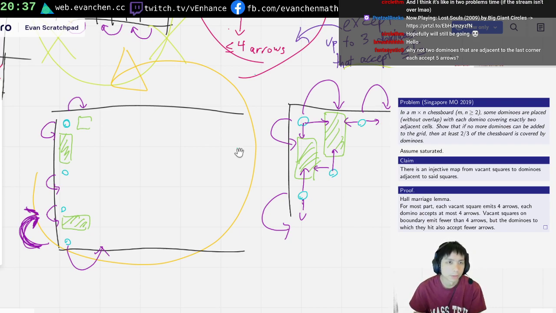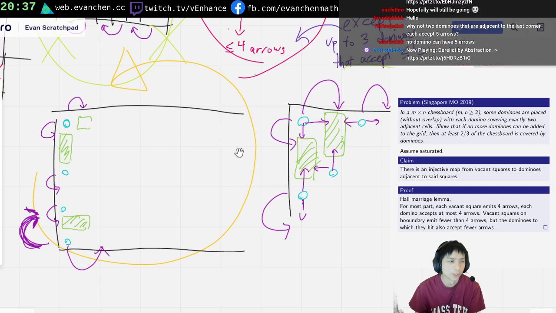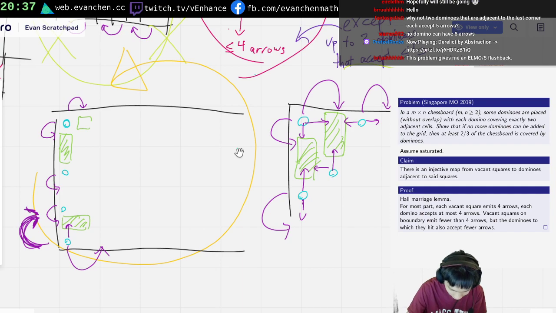Why not 2 dominoes that are adjacent to the last corner each just have 5 arrows? Because no domino can have 5. No, I am allowing certain dominoes to have 5 arrows, which is why this solution is so painful. I'm allowing 3 dominoes. I'll tell you which dominoes they are, in fact. The super dominoes, the ones that can have 5 arrows, once I do this orientation, it will be,